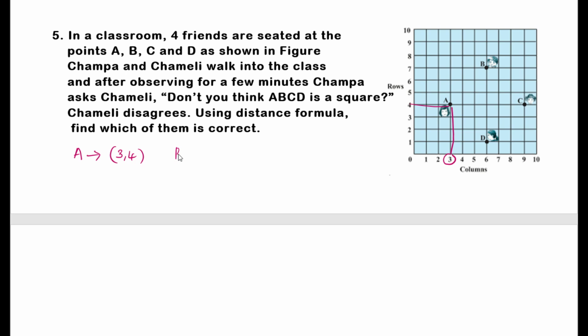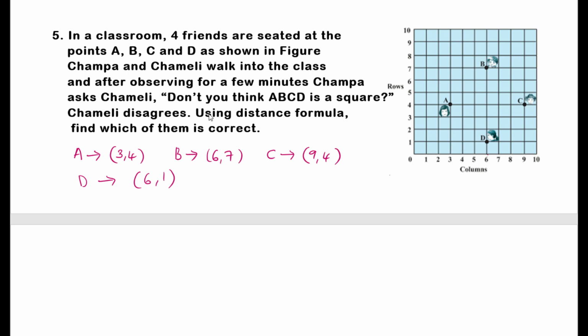In the same way, point B corresponds to 6 and 7, that is 6 comma 7. Point C corresponds to 9 comma 4. The same way, point D corresponds to 6 comma 1. Now we have found out from the figure the coordinates of point A, point B, point C and point D. Now what you need to do,